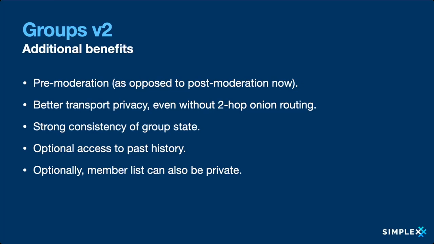Second, it provides better transport privacy, even without introducing the second stage relays we spoke about. I'm not going to talk too much about the second stage relays right now, other than say it will solve the problem of IP privacy, and you can watch our presentation at MoneroCon. It's available on Reddit to learn more about what it is. But with this design for groups, because users only connect to hosts, they wouldn't be connecting to relays of other members. So it's better privacy already.